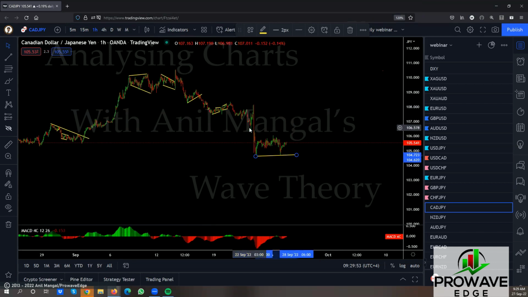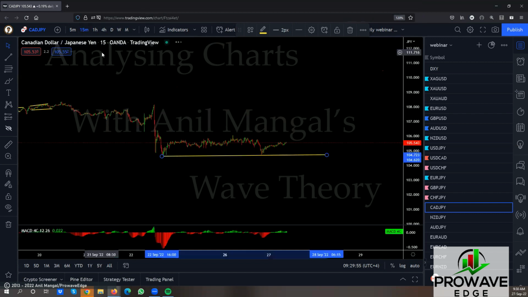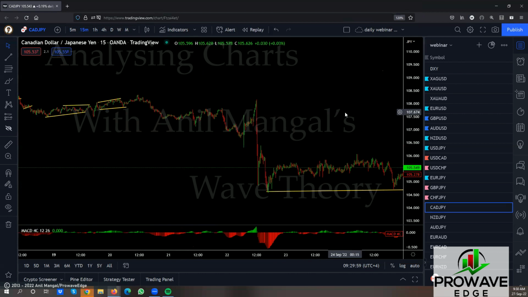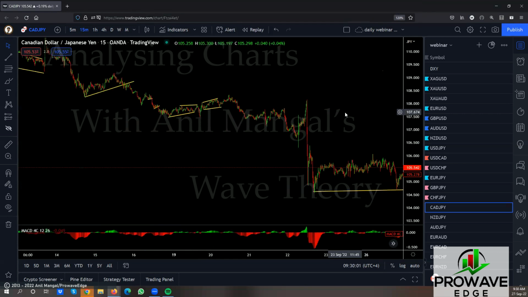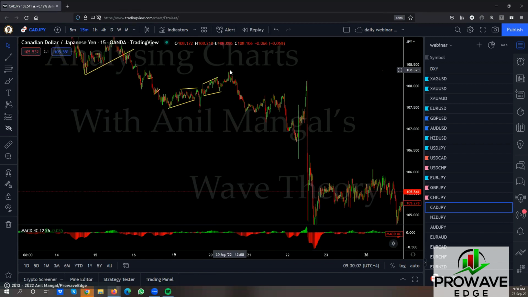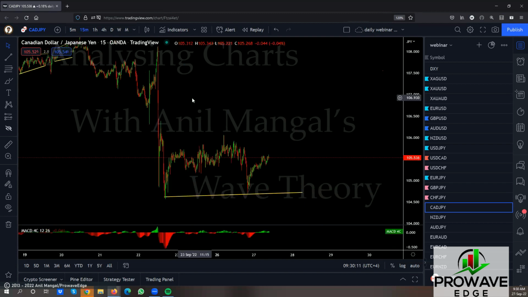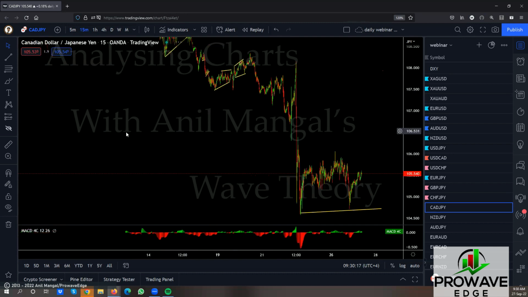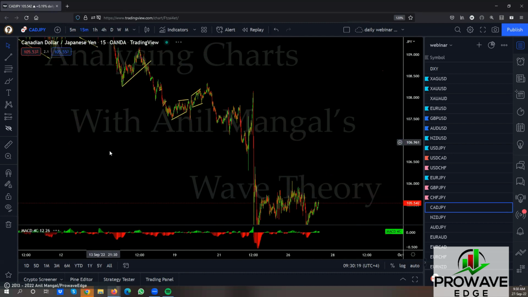This one is amazing. What's the sharp move? We'll have to figure out what that sharp move is, and whether we can put it with anything. I'm not sure if we can put it with this one. We had that one that was relatively sharp, this here. You can make an argument for that, or we'll get it in the future. This is really sharp down, so I wouldn't really put this with anything in this move here. It has to be something in the past, not in the future.